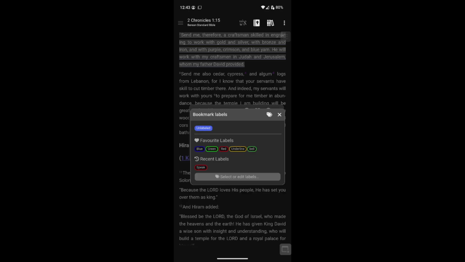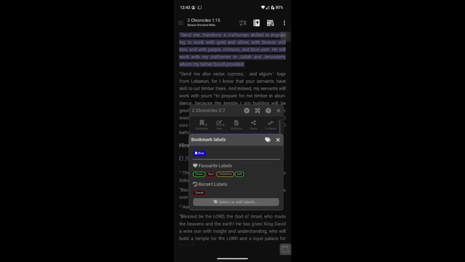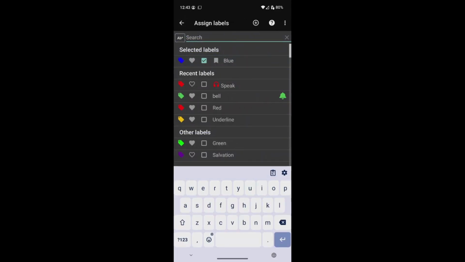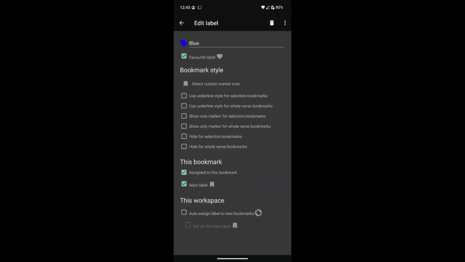And we can add different labels. Let's go ahead and add the blue label. And if we go into this bookmark menu, we can see what styling is applied to this blue label. Tap on the blue label. There we are. And we can see that this is currently set as a favorite label, and there's no specific